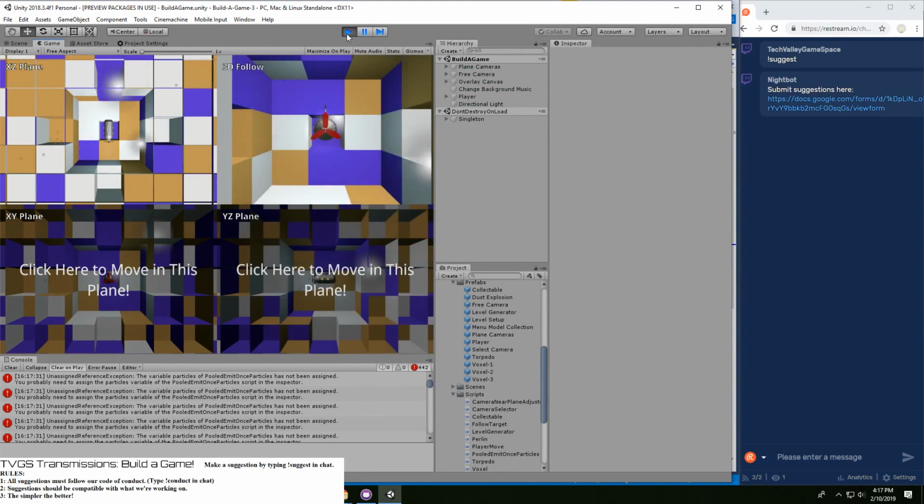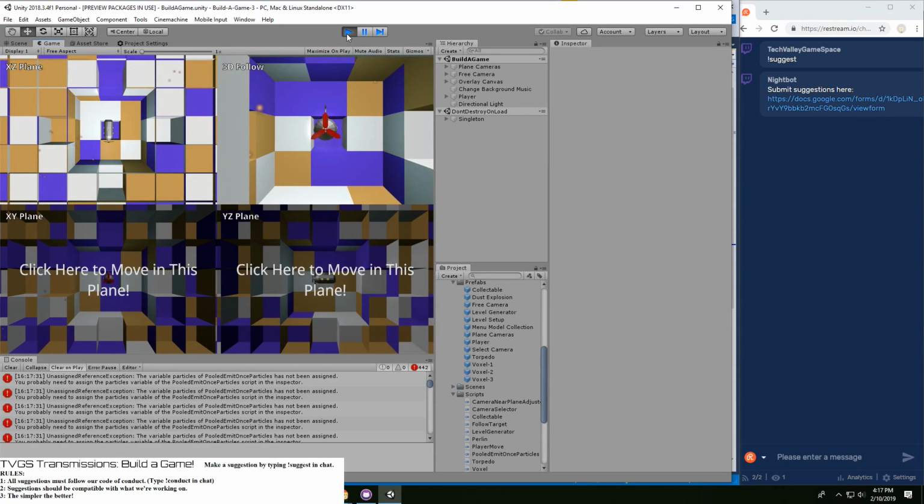Unassigned references. The variable particle of pooled emit once particles has not been assigned. Got it. That is simpler to solve.